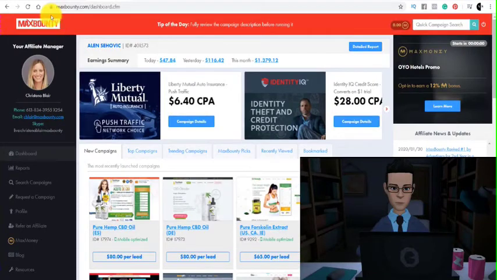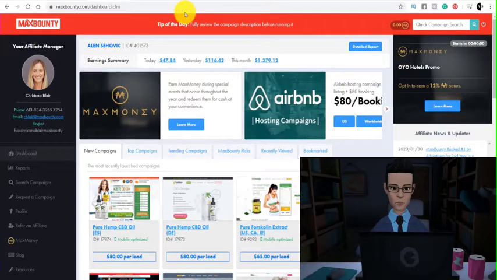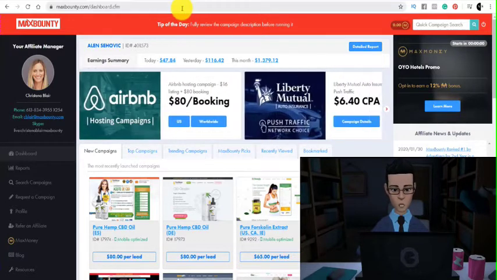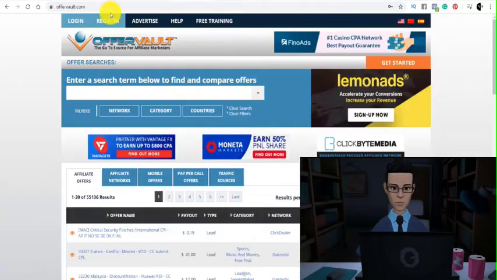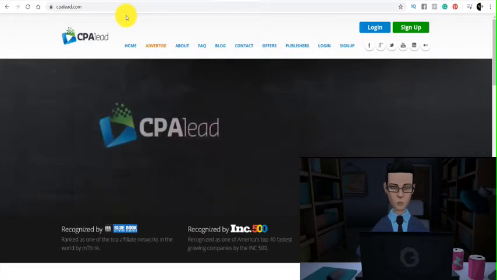So this is one site, it's called maxbounty.com. Now with maxbounty.com, in order to get registered, you do need to apply for it, and once you apply for it, they will contact you and let you know whether or not you can sign up to Max Bounty and this CPA marketing site. If you're not successful in signing up for this site, you can go to an alternative like offervault.com, and there is another one called cpalead.com. So you can try and sign up for these 2 other sites, and then you can start promoting